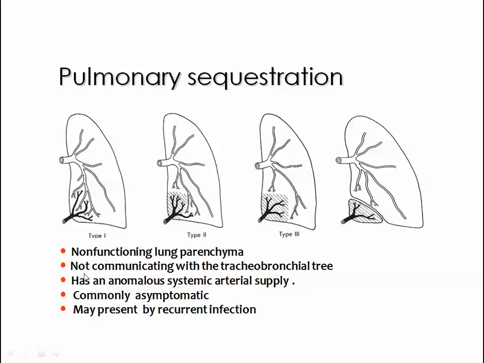The sequestrated lung segment is a non-functioning lung parenchyma which is not communicating with the tracheobronchial tree. The basis for diagnosis of pulmonary sequestration is the presence of an anomalous systemic arterial blood supply from the aorta to the sequestrated lung segment. These sequestrations are commonly asymptomatic, but sometimes they may present with recurrent infection in the same site of the